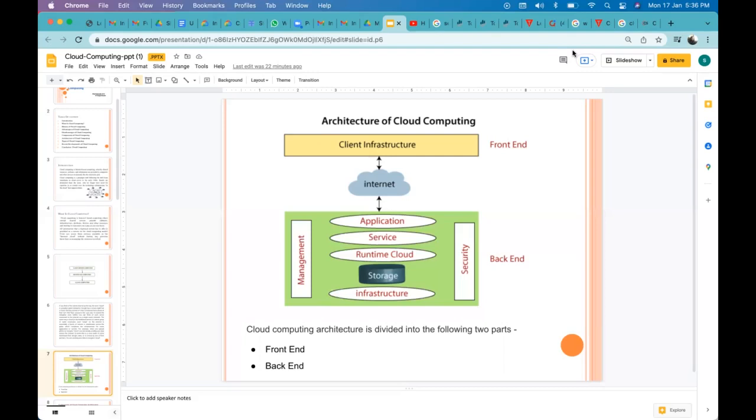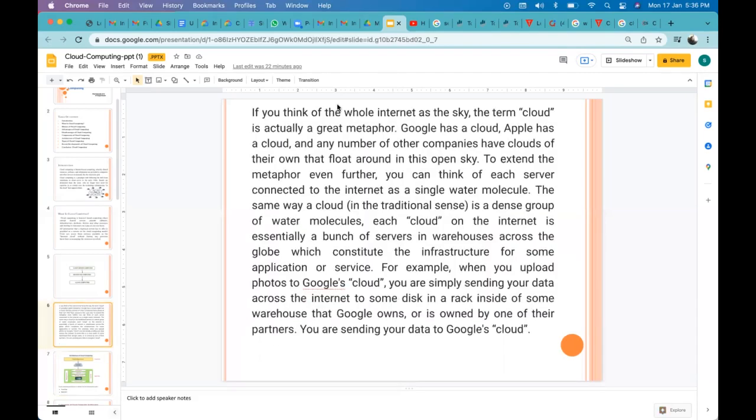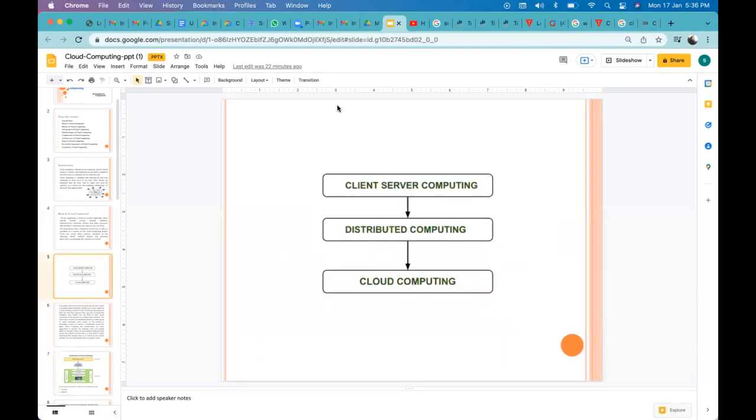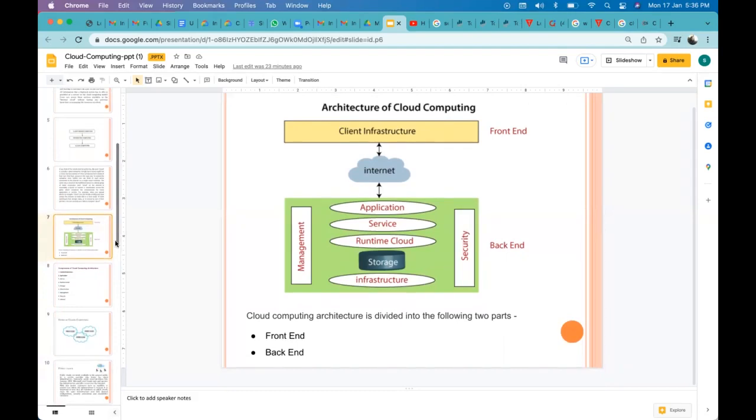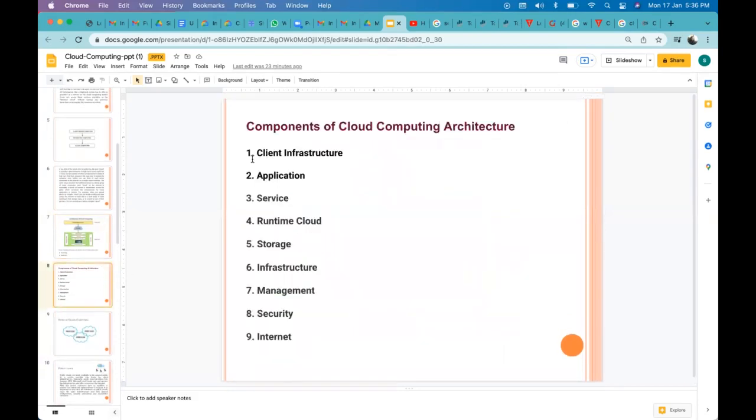Here are some components of cloud computing architecture. There are different components: client infrastructure, application, service, runtime cloud, storage, infrastructure, management, security, and internet.